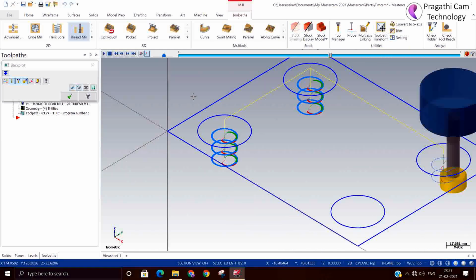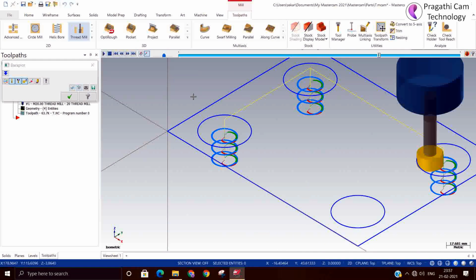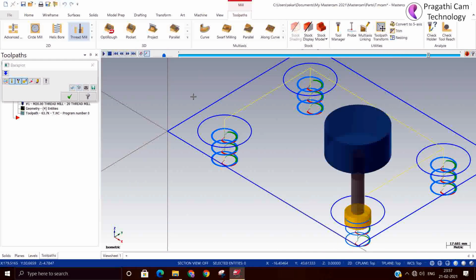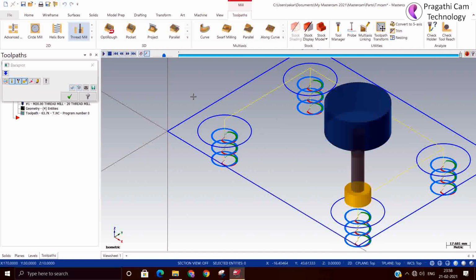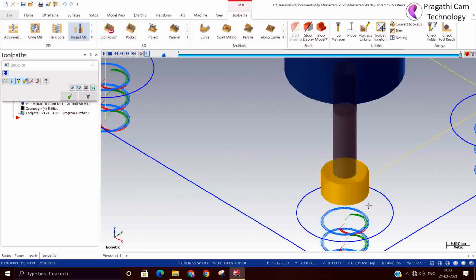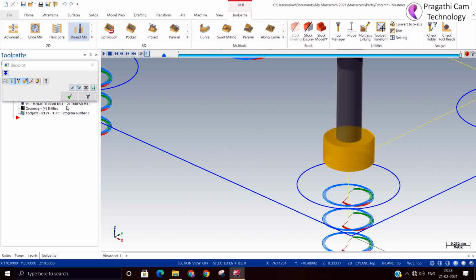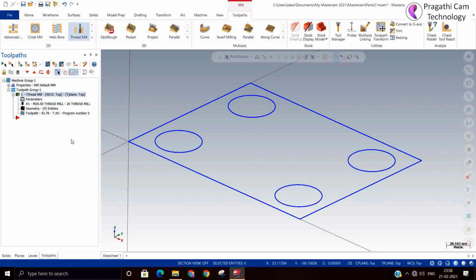If you have a single point tool, you can also cut based on that. So this you need to check on your machine, if you properly define your tool, to see how it is going to look.